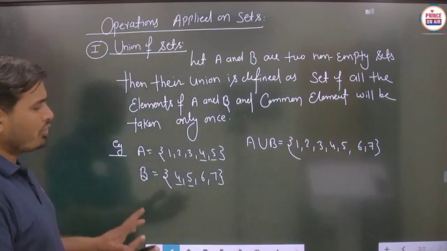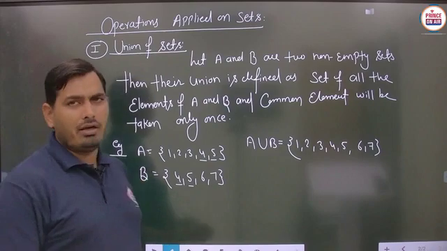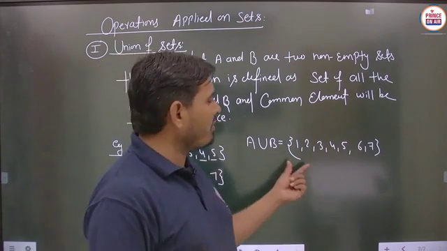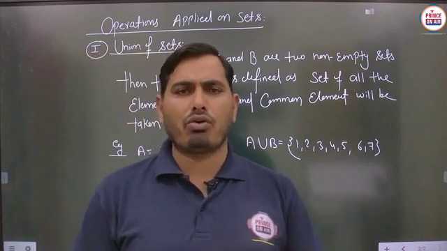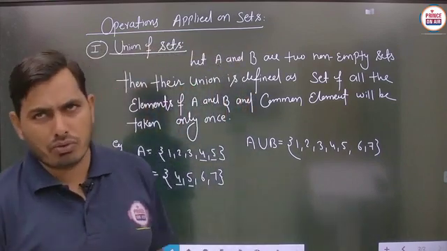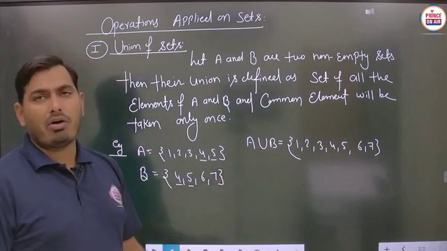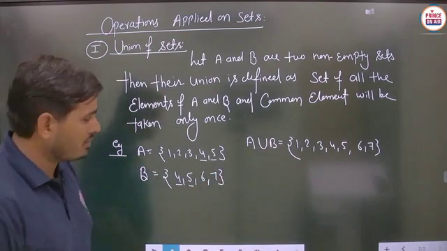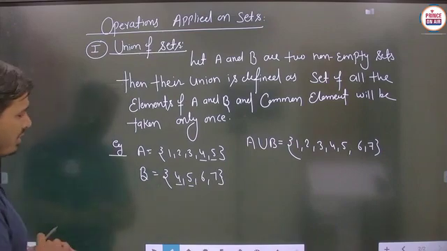So the union process is a very simple part. Where any union is to be taken, union will be defined as each and every element of A and B both are to be included here, and we have to just say that no common element of A and B will be taken more than once. Is it to be clear? So according to this example, you can just understand this thing, student.